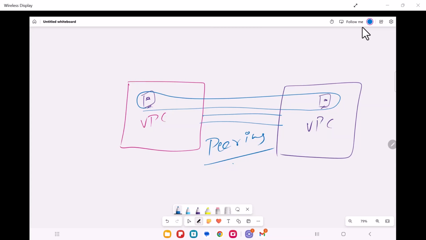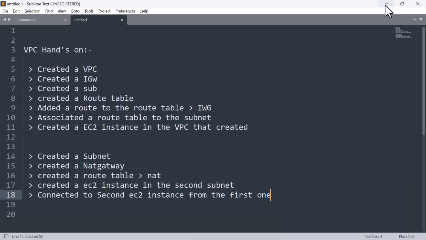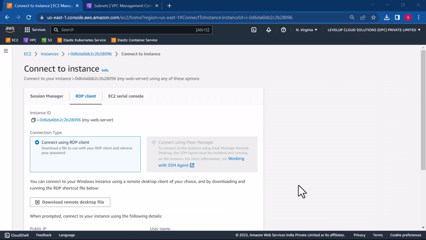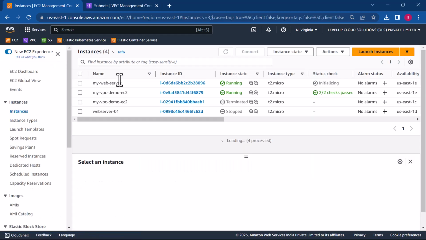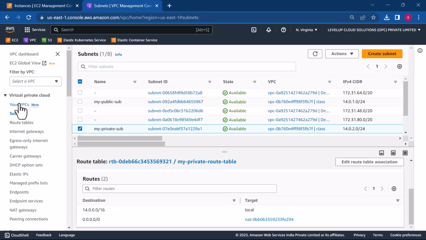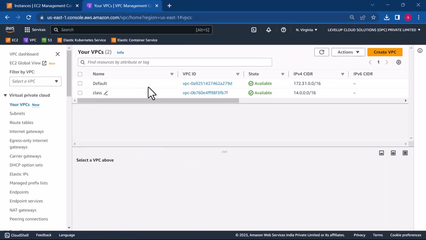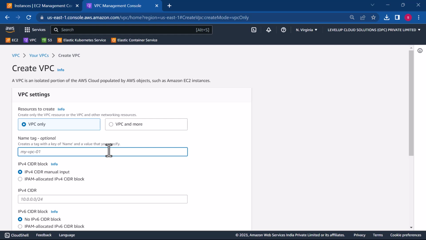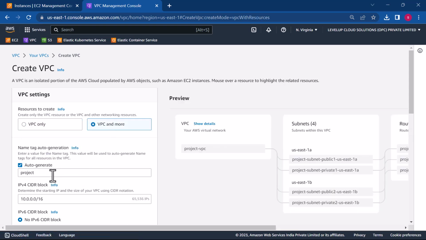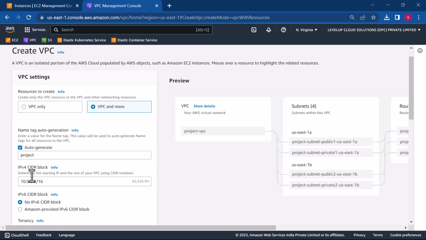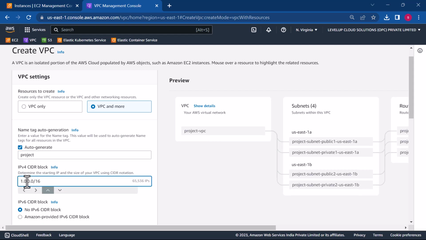Let me shift to my AWS console. Now we already have one VPC. Let me go to VPCs here. Okay, you see we have a VPC called class. Now let me create another VPC. Select this option. Let me create a VPC. Now we will choose VPC and more. Okay. Let us give the name as project. And let me give the CIDR range as